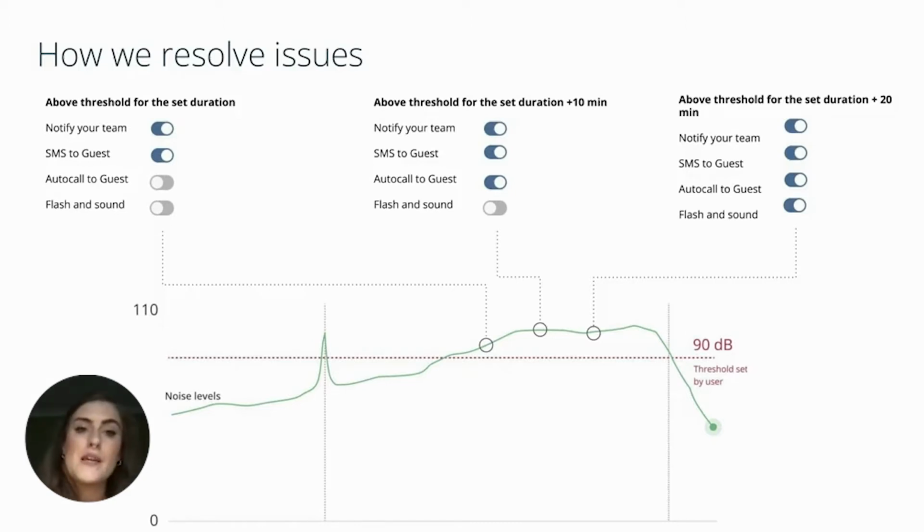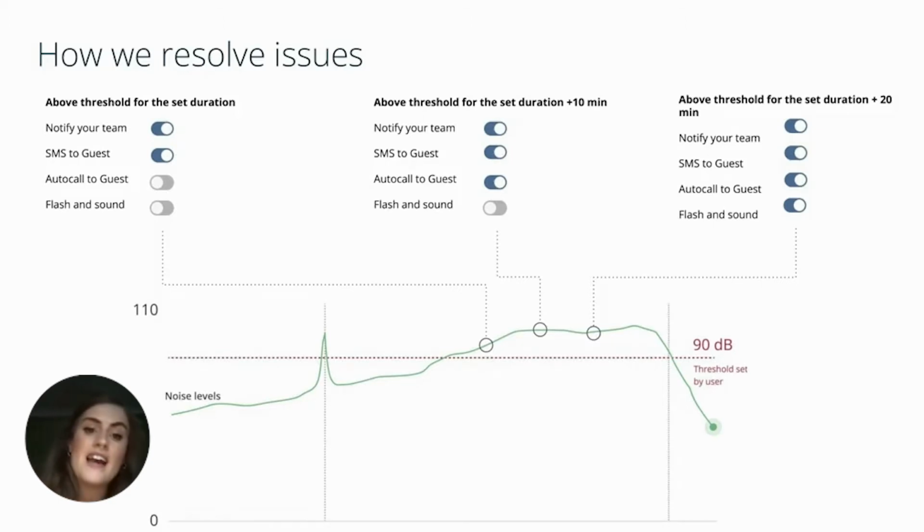But we would see more typically that after another 10 minutes, if things have not calmed down, the first two notifications are sent again to the team and also to the guest, and then we would see an automatic call being sent to the guest too. So hopefully, if they don't see the text, then they will see the phone call come through, and hopefully 9 times out of 10 that will be enough to stop whatever's happening. If though it is the anomaly and they don't see the call or the text, or potentially they don't want to